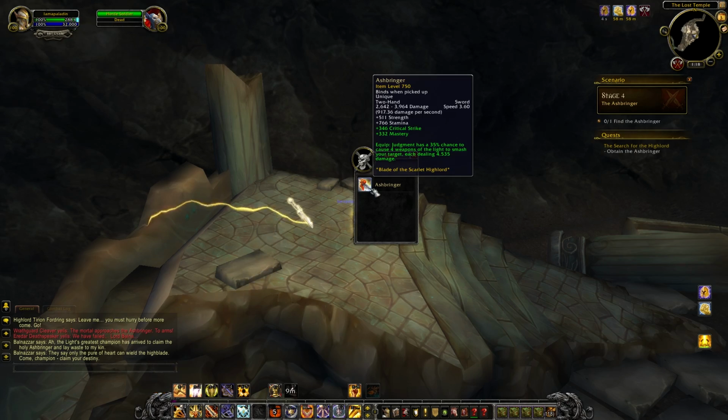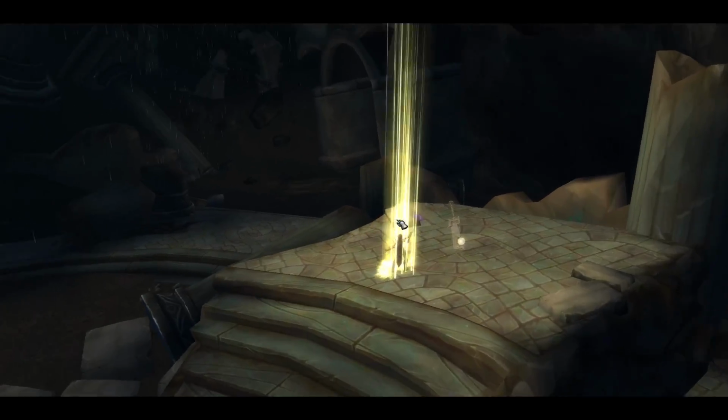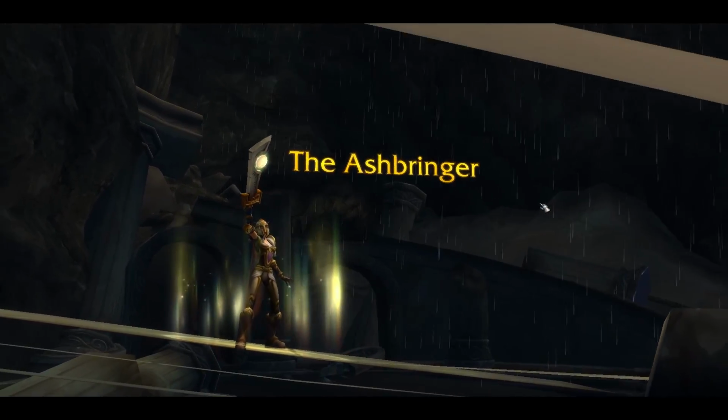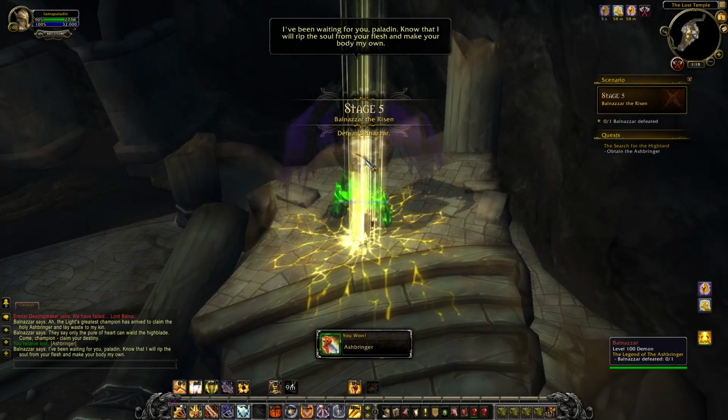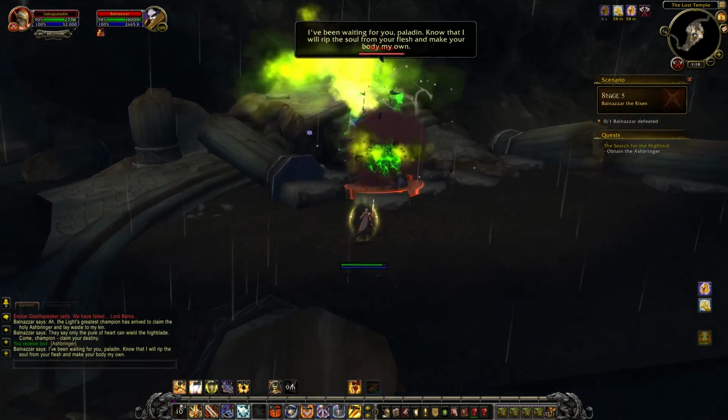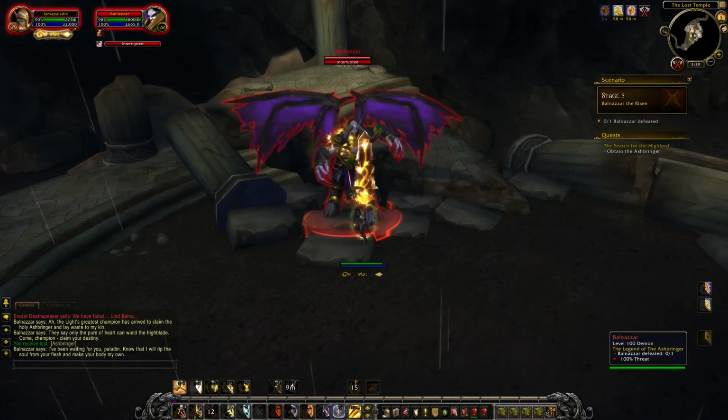We then go downstairs and pick up the Ashbringer. After a fancy cutscene where we're wielding the blade and the camera clips through the floor a little bit, Balnazar appears and it's time to fight. Now, although he has loads of cool looking abilities where he's flying about from place to place, spawning clouds, spawning portals in which adds come flooding through, he dies